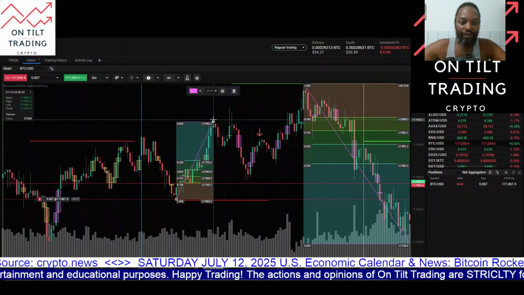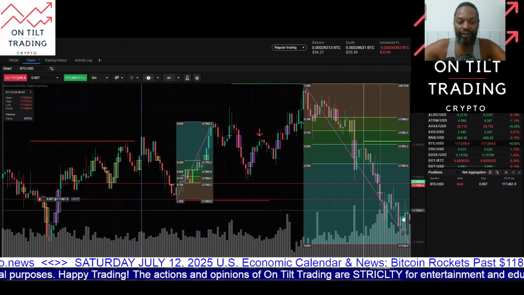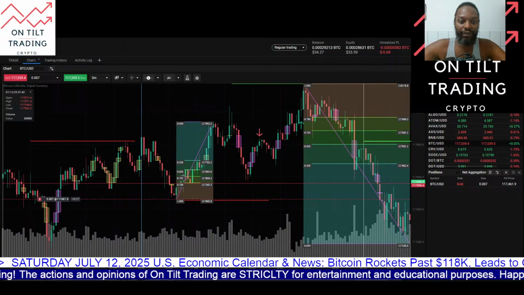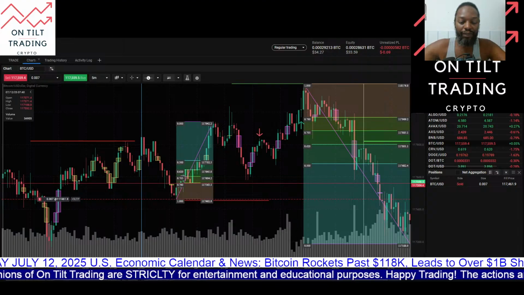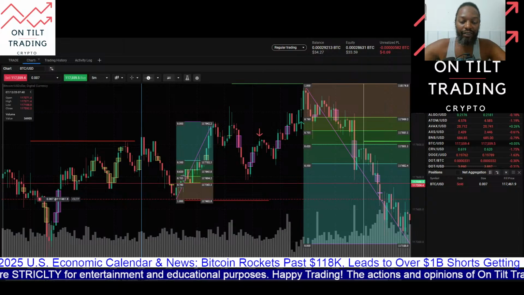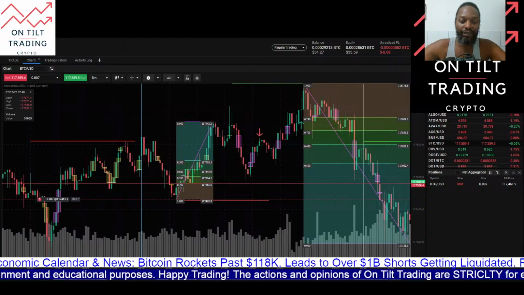So be looking here and then see this price action come into play here. This would give me the impression that this is going to put in some kind of reversal